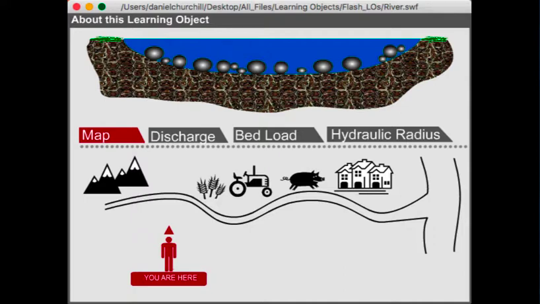So the concept in this particular scenario is the concept of a river. Basically, we see the river from its source up in the mountains as it moves down towards its mouth, which is the place where the river joins another river. We see the river passes from the mountains down to the farms and settlements. If we move down this river, we can see that here, up in the mountain, the river bed is very round and stones in the river are very large, while water is clean blue, representing the clarity